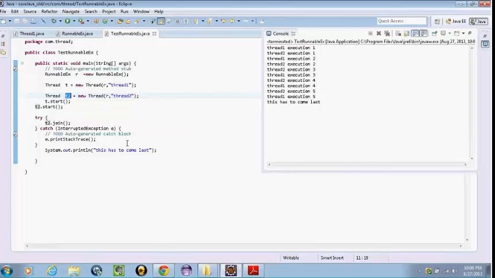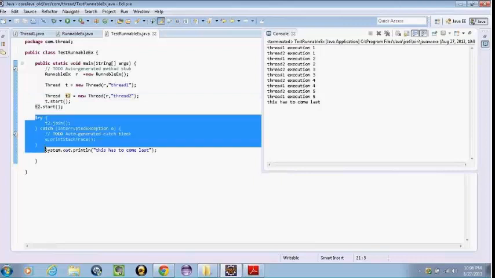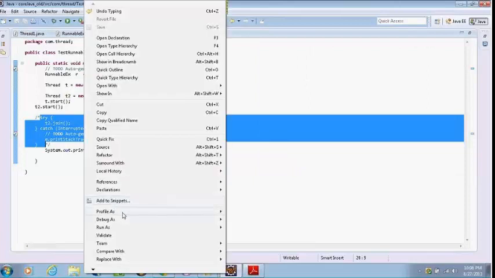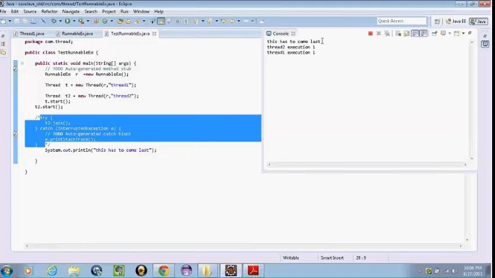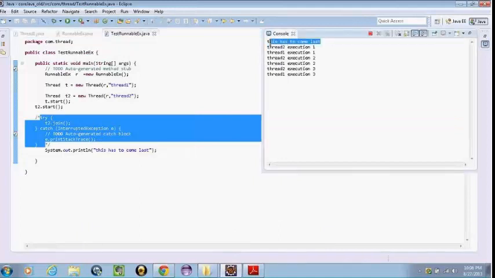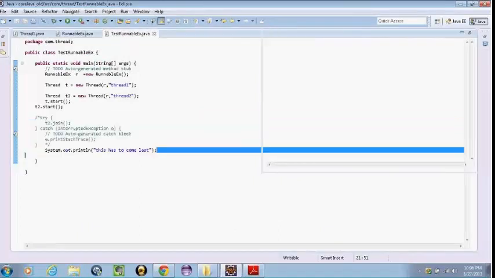Let's see the output. See here, this got executed even before thread 2 is terminated. Thread 2 is still executing, but this piece of code executed by the main thread is done a while before T2.